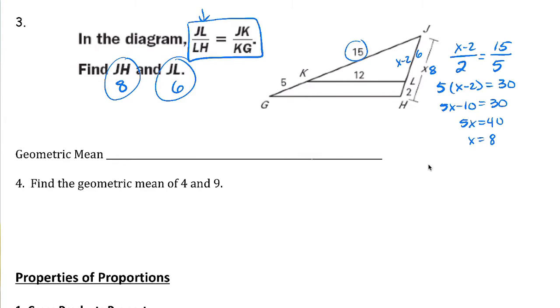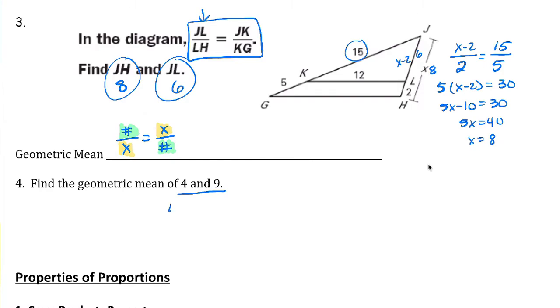We're going to be finding a geometric mean, and when you find a geometric mean, they're going to give you 2 numbers. As we saw in the means and extremes, the means are where I'm putting the x's at, and we're going to be finding the geometric mean. So we're finding the x value. We're going to be plugging in our extremes. And whenever you solve a proportion like this, so we have an example here below this that says 4 and